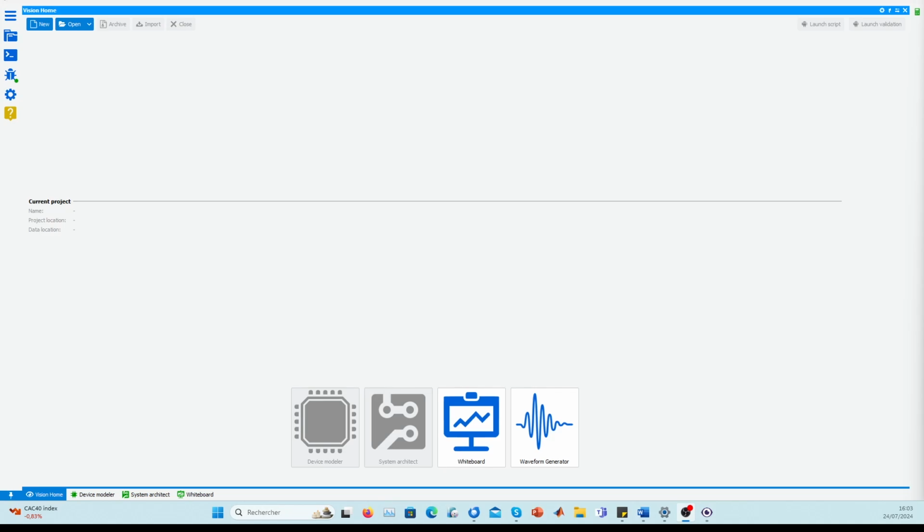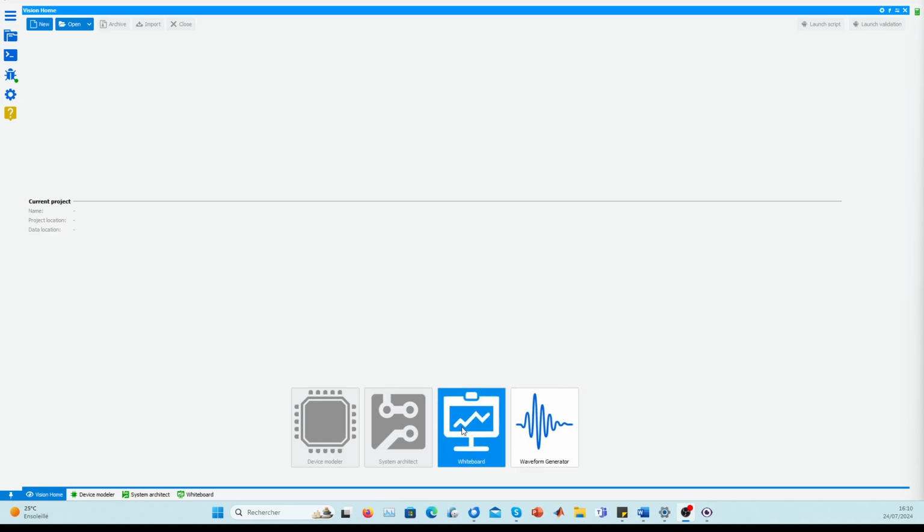The extracted models then are used in our second application, System Architect. This application is where we put together the extracted models into a schematic, then simulate the whole system to analyze its behavior. The system simulation yields different types of results depending on the schematic, which brings us to our third